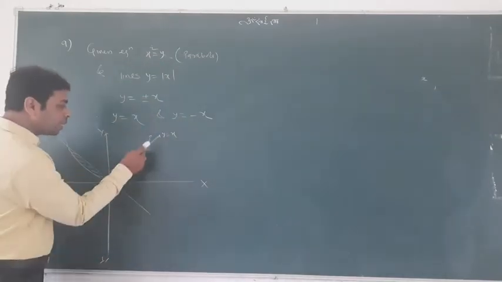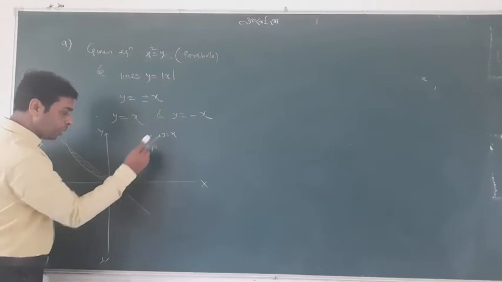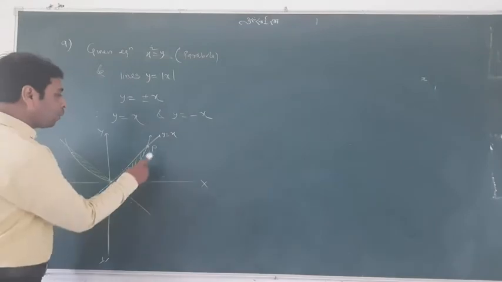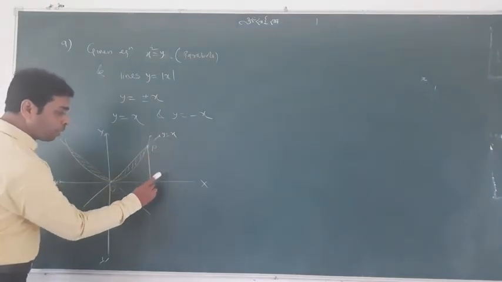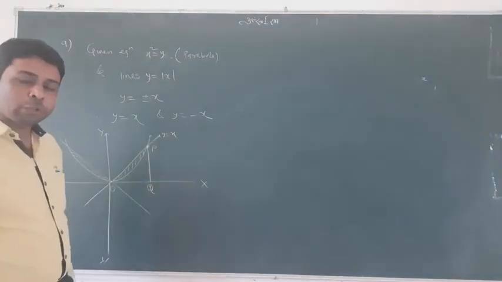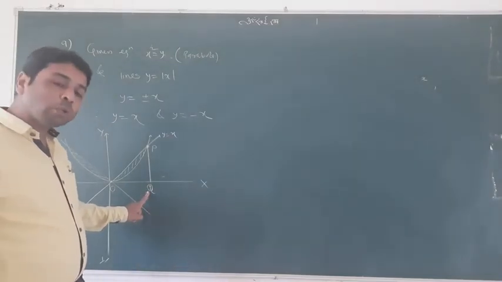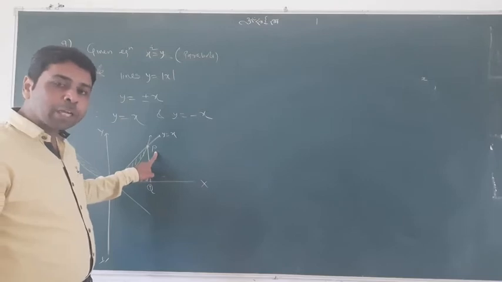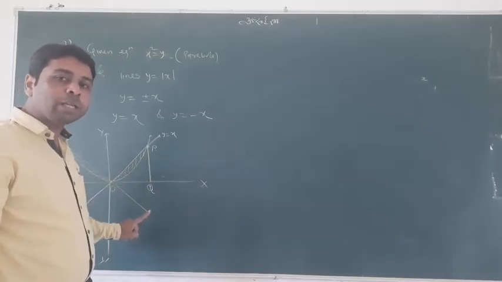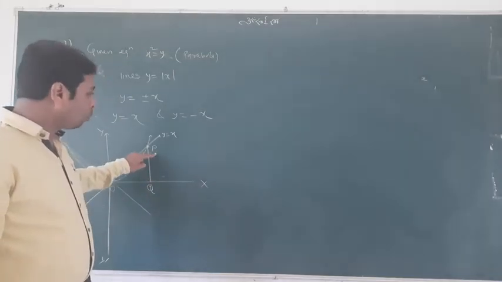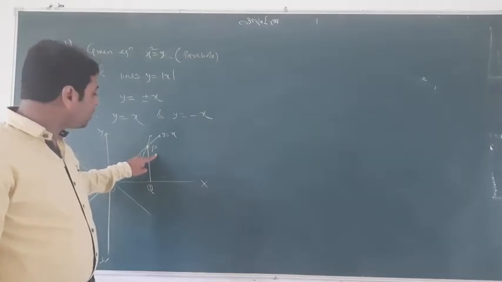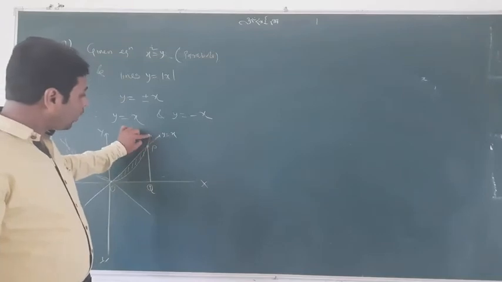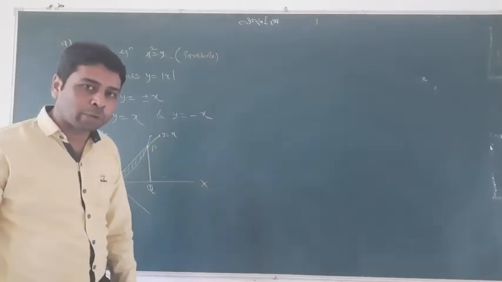We will first find this intersection point. Suppose it is P, and suppose this is O. We will first find the intersection point P, and from P I will draw the perpendicular. Suppose it is Q. I just want to know the coordinate of Q, which depends on P, because if P has a coordinate, we can easily predict the coordinate of Q. So we want to find P. And what is P? P is the intersection point of the curve and the line. So we will join them and find the intersection point of the line and the curve.